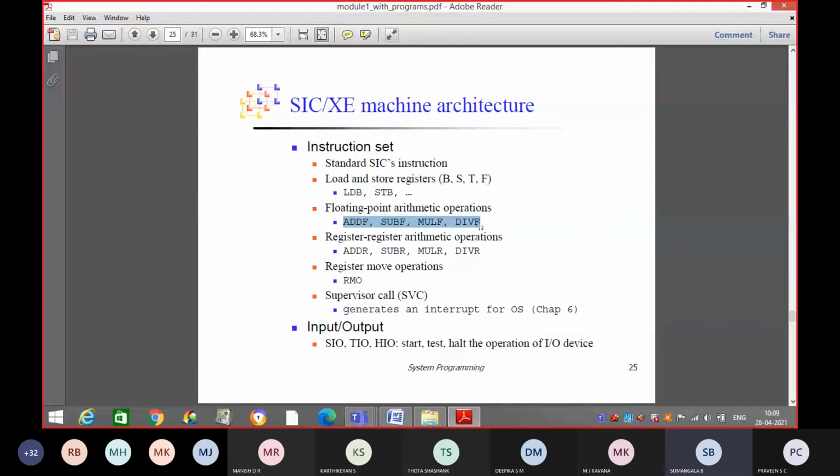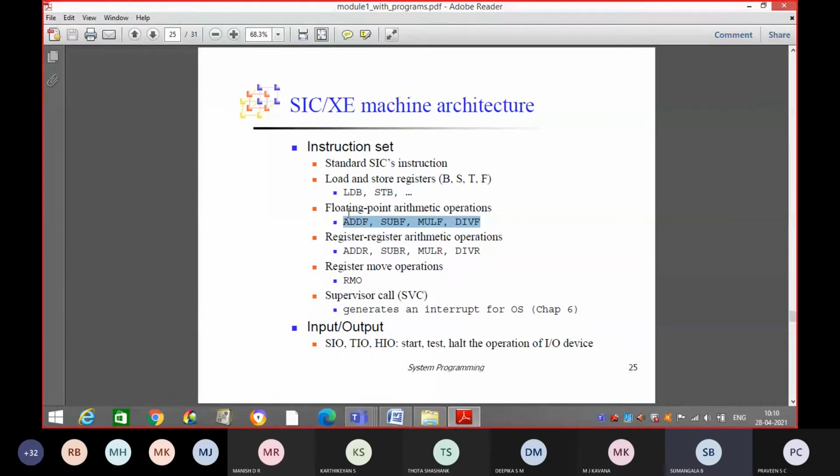Floating point. As we know, the SIC/XE machine supports floating point operations also. So when we want to perform floating point operations, we can use ADDF. That means ADDF is going to make use of the F accumulator, the floating point accumulator we have in the machine.